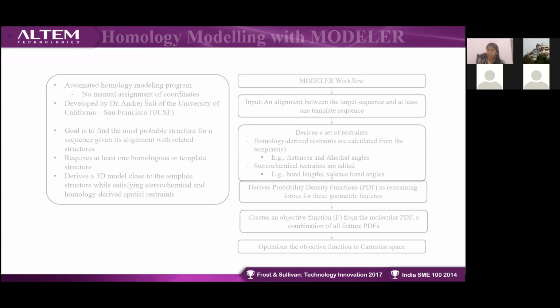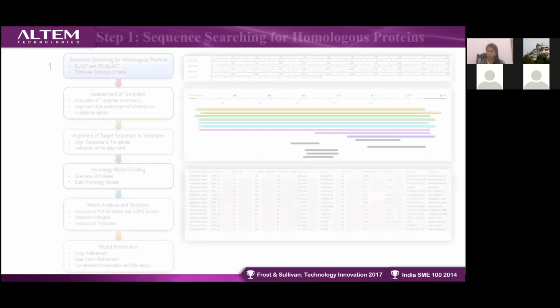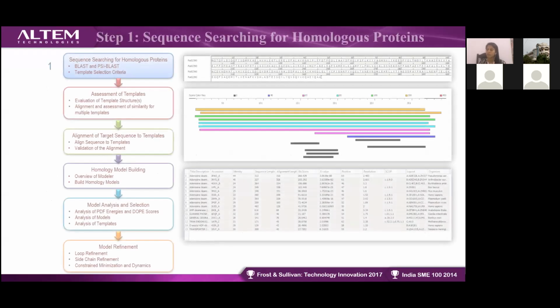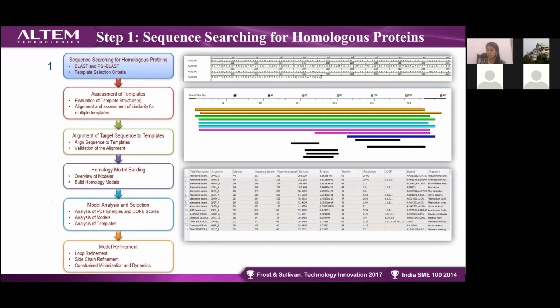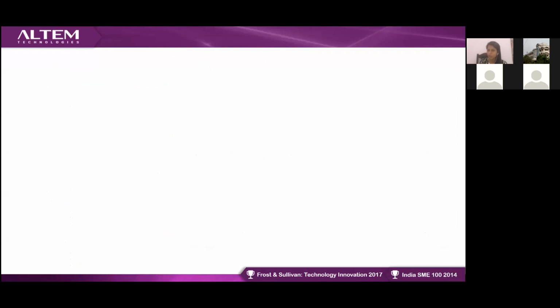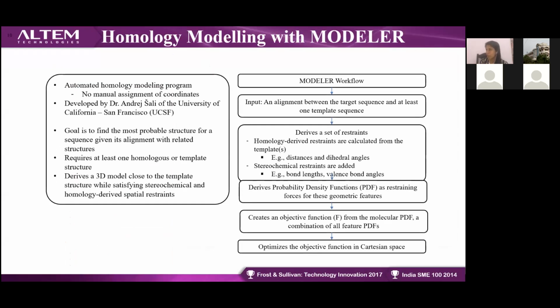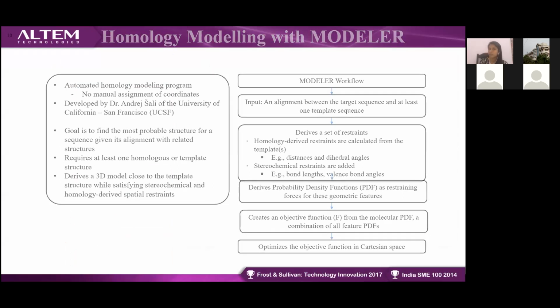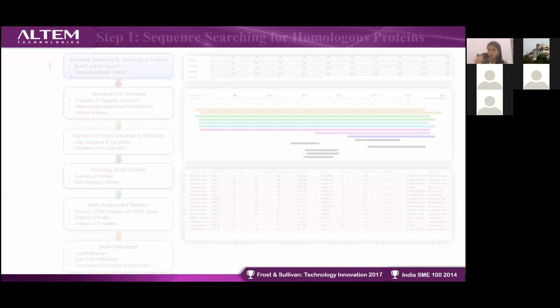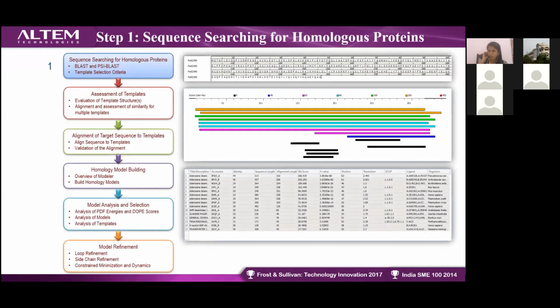So coming to sequence searching for homologous protein. This is completely from the BioVia Discovery Studio. Whatever I have mentioned here, you can do in the online servers. And here what I am representing,